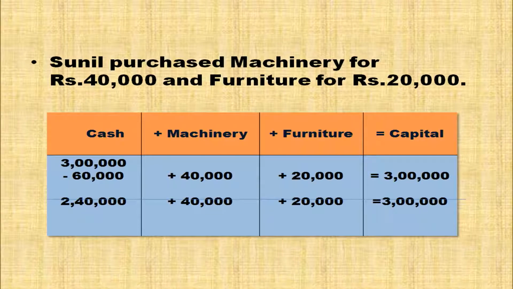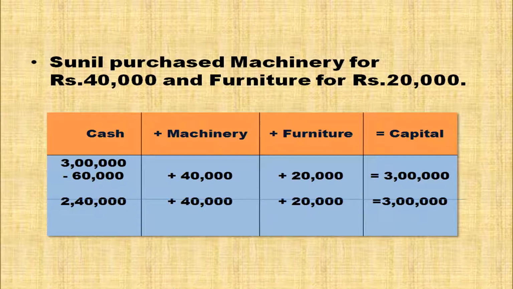Another transaction. Sunil purchased machinery for rupees 40,000 and furniture for rupees 20,000. In this transaction, when we are writing the accounting equation, on the asset side you can include 3 columns: cash column, machinery column and furniture column. And after equal sign, you can include capital and liabilities. Here, from the earlier accounting equation, you have 3 lakh as balance. And after that, from this transaction,